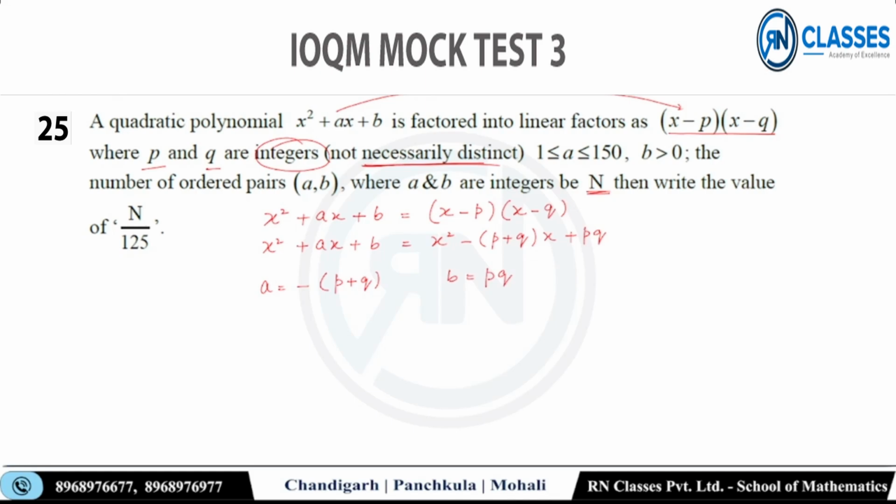अब उसने कुछ बोला है क्वाड्रेटिक पॉलिनोमियल, ठीक है, a lies between 1 and 150, मतलब कि ये एक पॉजिटिव नंबर है और पॉजिटिव इंटीजर है, फुल पॉजिटिव इंटीजर। अगर ये a आ गया तो मतलब कि ये नेगेटिव होना चाहिए, तभी नेगेटिव इंटू नेगेटिव पॉजिटिव बनेगा, तो p plus q has to be negative. चलो p plus q नेगेटिव मिल गया मेरे को।